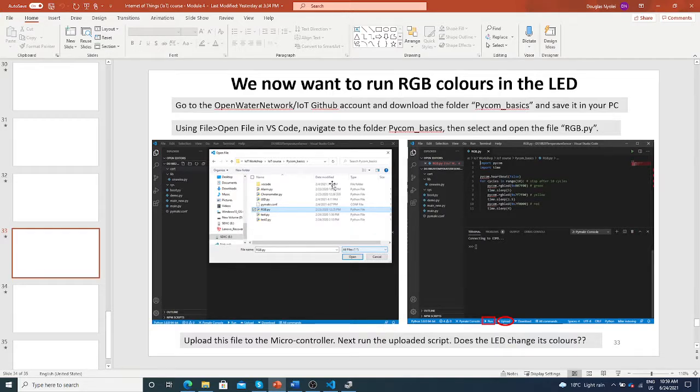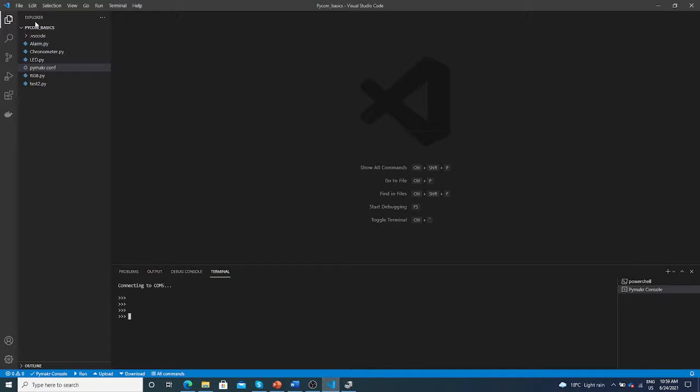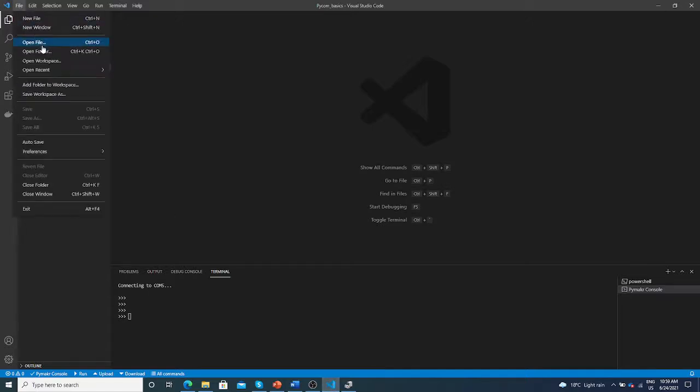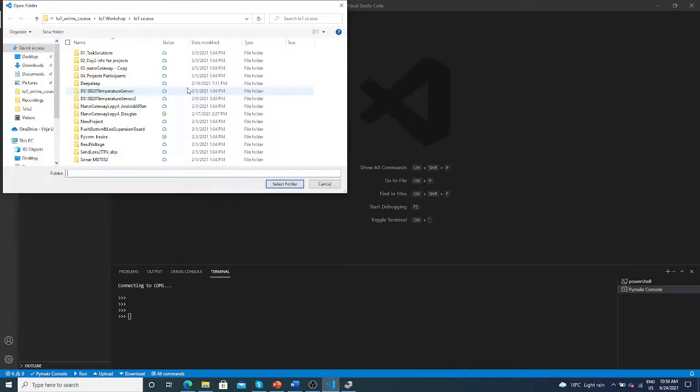The next step now is we want to run the RGB colors. So in other words, we want to interact with the microcontroller and instruct it to give us RGB colors, that is the red, green, and blue colors in the LED. So let's go back to the terminal, select File, open folder, and navigate to the PyCom Basics folder. In the files and folders that we provided you, there's a folder called PyCom Basics. Go ahead and click on it